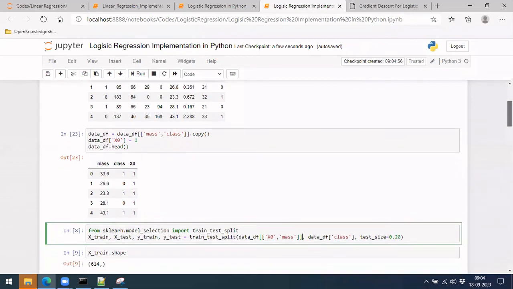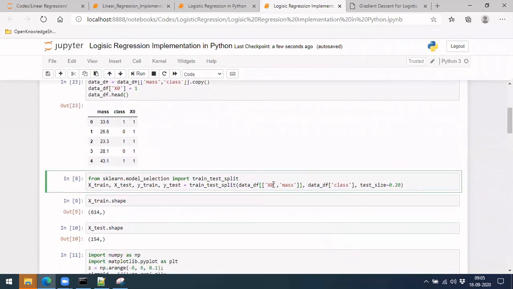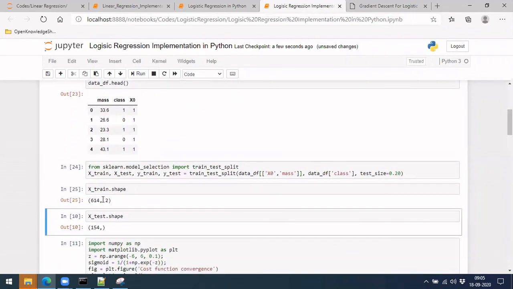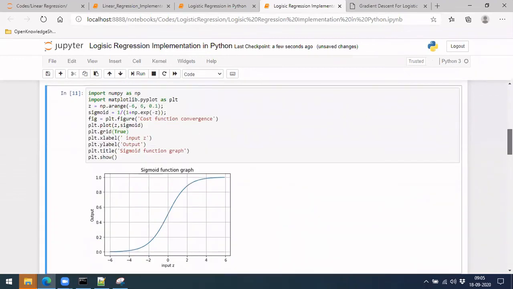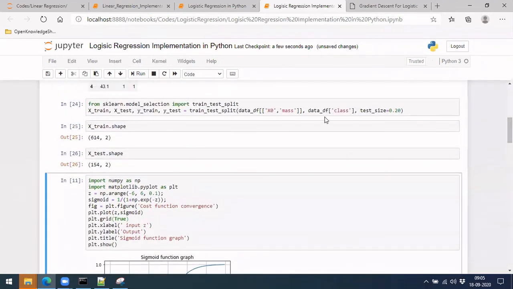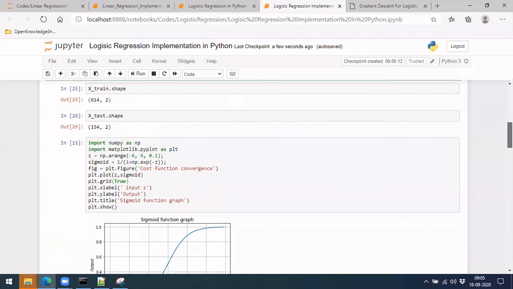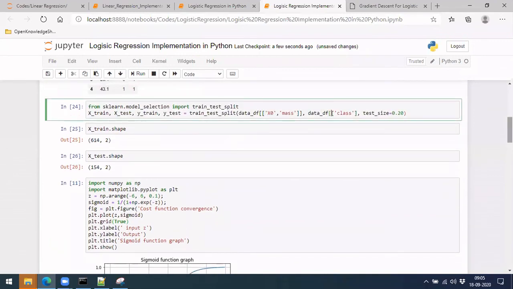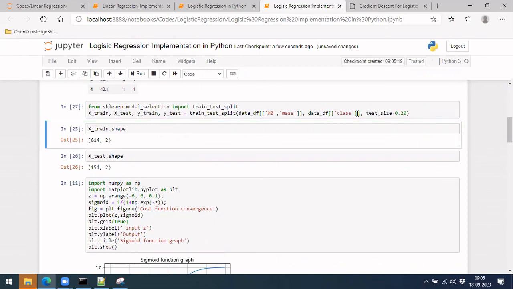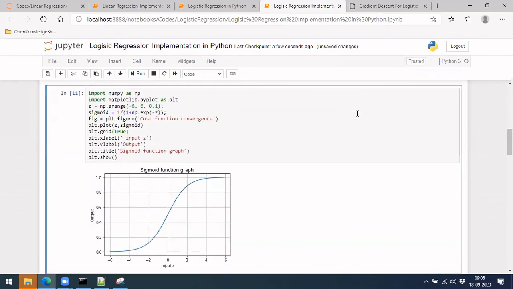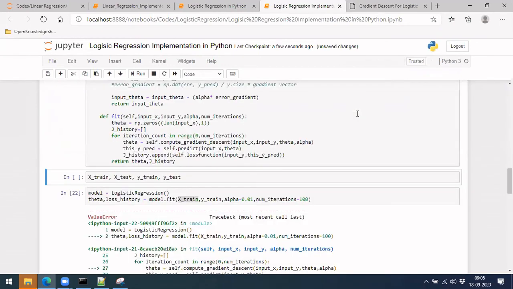So your X train and Y train shapes would change. Let's run and see. It will be 2 columns now, so that would be a difference. Similarly, let's also check whether this should be single or not. I think it should also be something like this because we are doing matrix multiplication, right? Let me run it again.